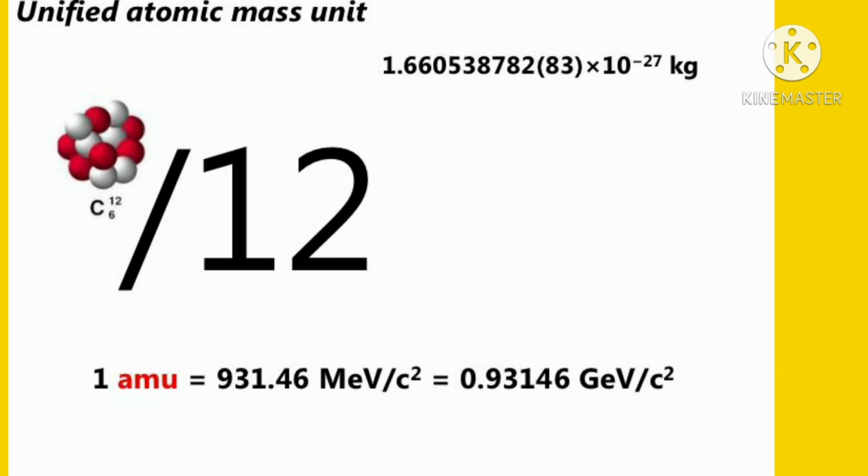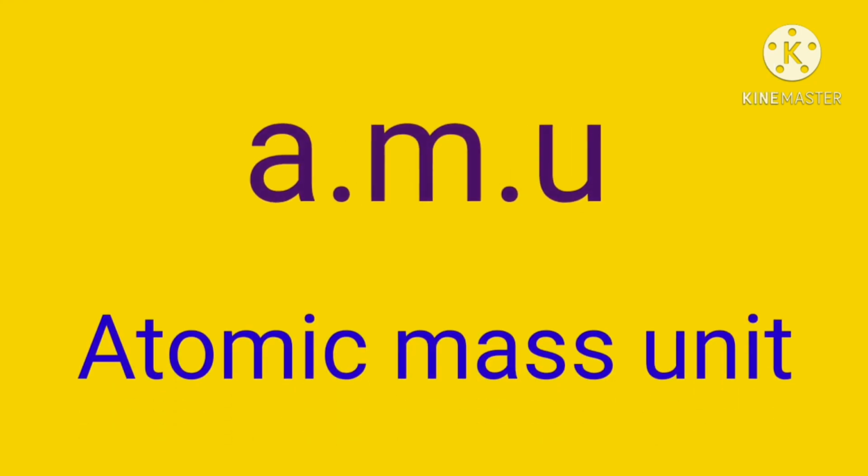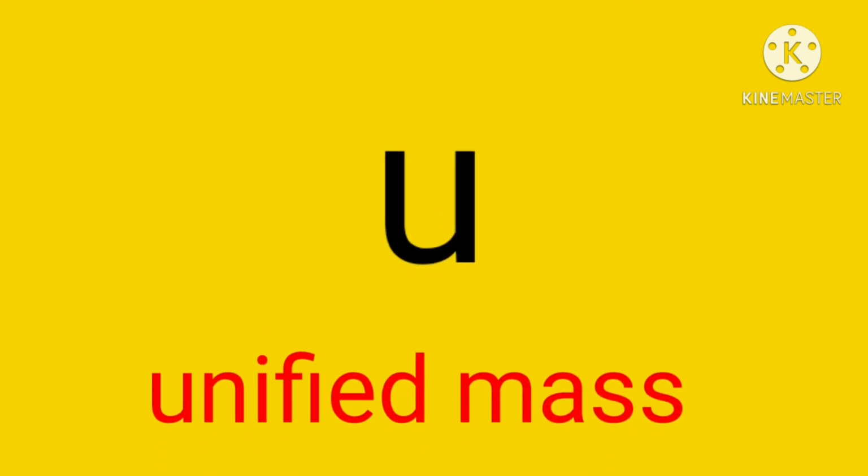The number of times one atom of a given element is heavier than 1/12 of the atomic mass of carbon-12 is called its atomic mass. The atomic mass of an element is defined as the average mass of all the isotopes of the element as compared to 1/12 of the mass of one carbon-12 atom. Atomic mass of an element is a ratio, hence it has no units, but it is expressed in AMU. According to the latest IUPAC, International Union of Pure and Applied Chemistry, recommendations, the AMU has been replaced by the letter u, which is known as unified mass.